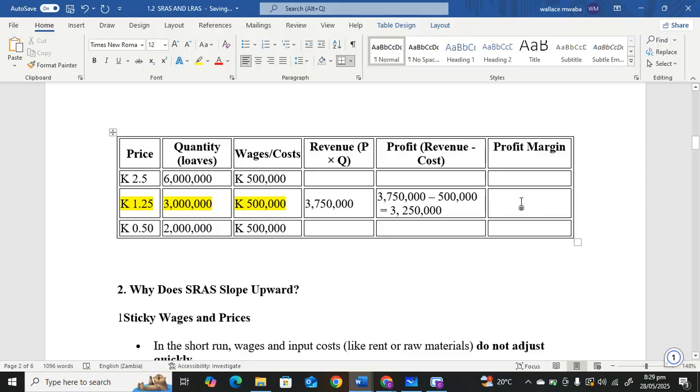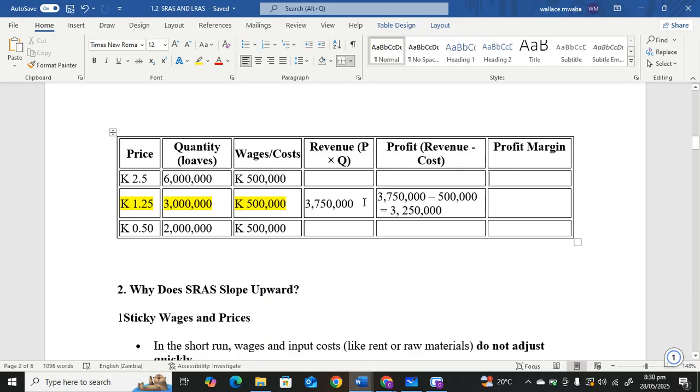Profit margin is just saying out of this revenue here, this 3,750,000, what percentage is your profit basically? So our profit margin, do not worry, they'll never ask you to calculate this, colleagues. They won't ask you to calculate this in an exam. Here I'm just trying to illustrate what happens when wages are fixed and we also assume other costs stay fixed. Okay,